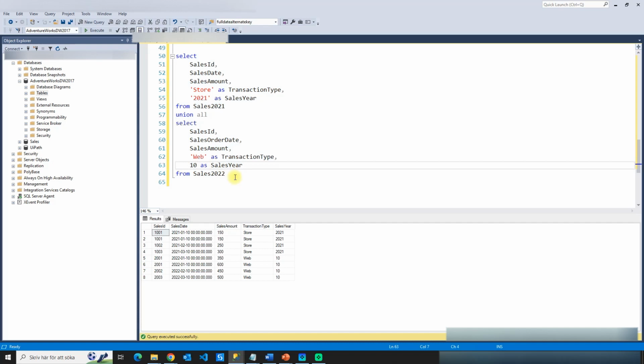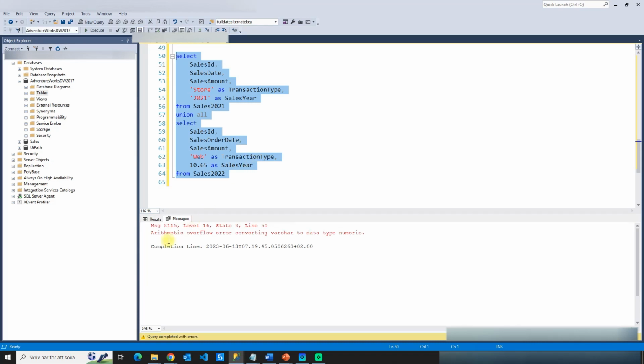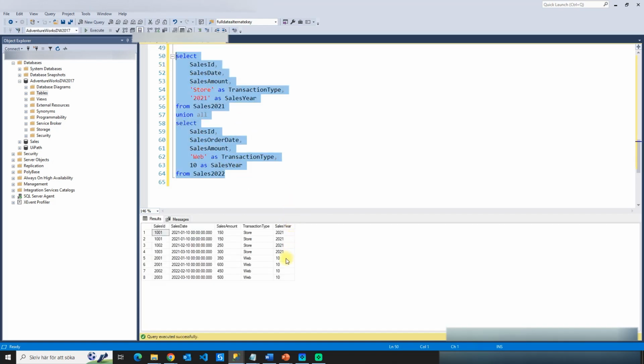However, if we were to say 10.65 here, we can see that we will get an arithmetic overflow error converting varchar to data type numeric. So it cannot convert this data type here to a numeric, but since we have it with an integer, SQL Server can convert this value here to a number. So it's going to try its best to convert the values here. But that is why I said that we need similar data types, and they don't have to be exactly the same. We're going to take a look at casting and conversion in the next lecture. I just wanted